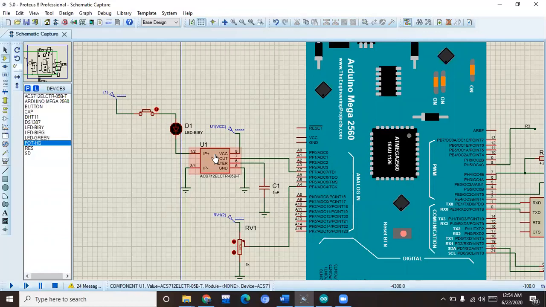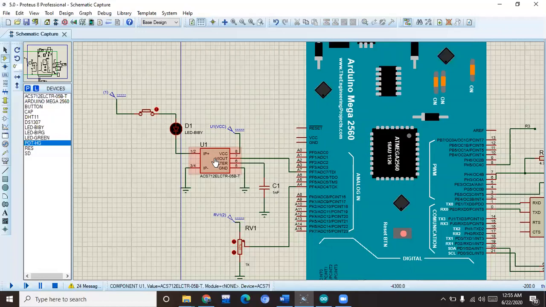Here within this current sensor, there is a Hall element which works on the principle of Hall effect. When this current passes through this sensor, it produces its own magnetic field, and that magnetic field disturbs the path of electrons on a Hall element, and hence it creates a potential difference between the plates. The voltage produced by that potential difference is directly proportional to the magnitude of the magnetic field of the electric current. So the stronger the magnetic field, the stronger will be the voltage produced, and so from the voltage being produced, we can analyze our output current.